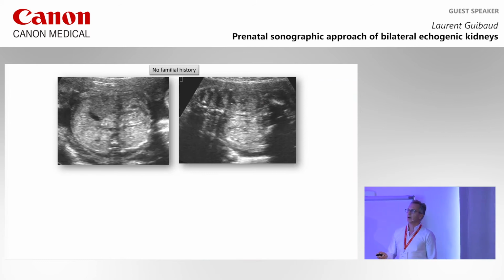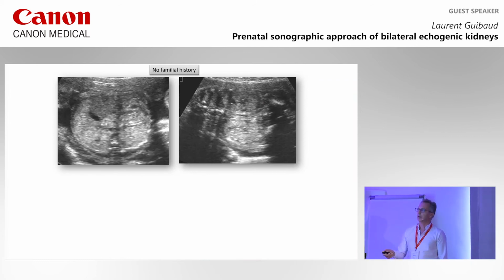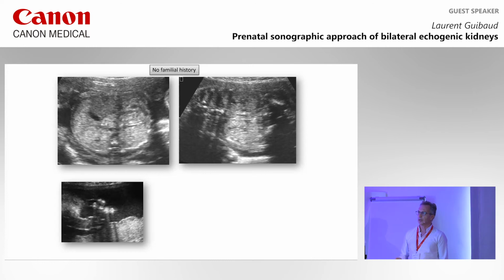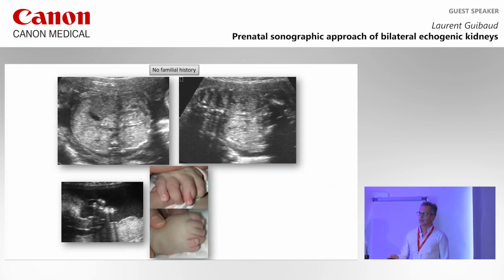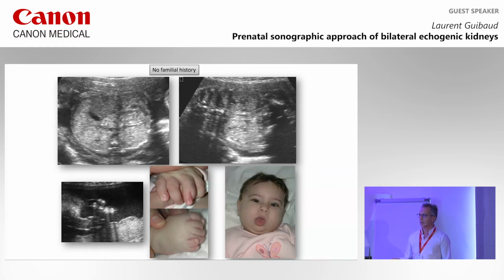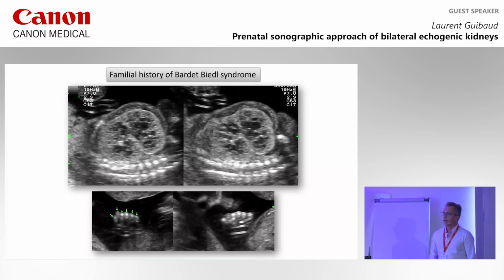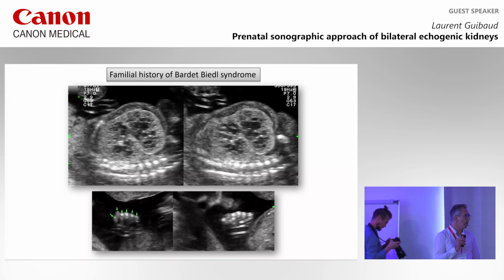So this is this kind of echogenic kidneys here. You see it's bilateral, very echogenic. And if you look, there are too many fingers, and you have this kind of anomalies. Most of the time, it's post-axial anomalies, and the baby at birth. This is very easy because of a history of Bardet-Biedl with too many cysts, but this form is very particular because